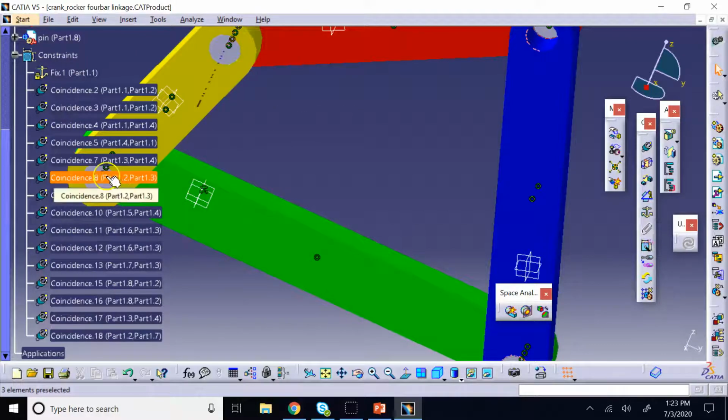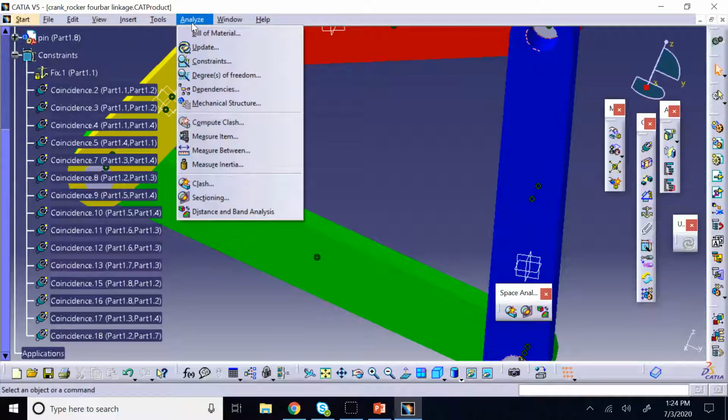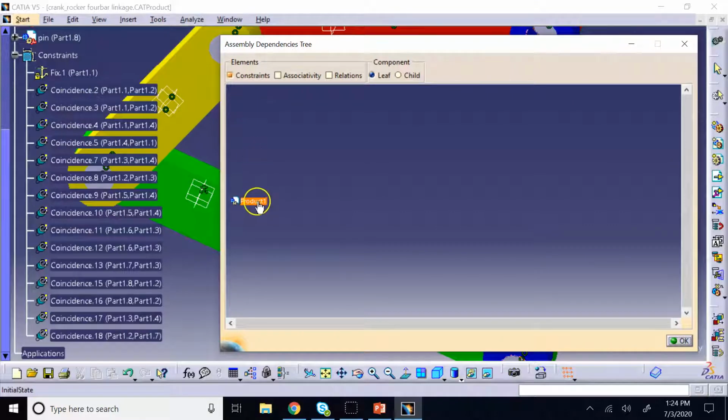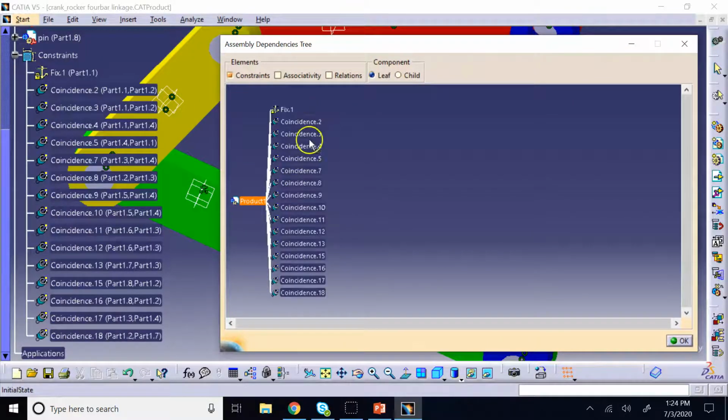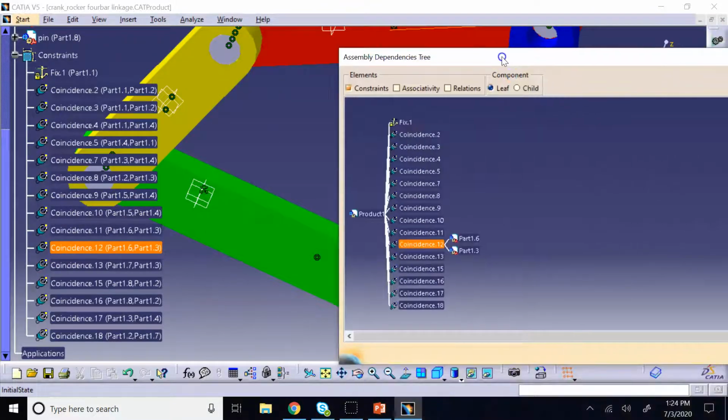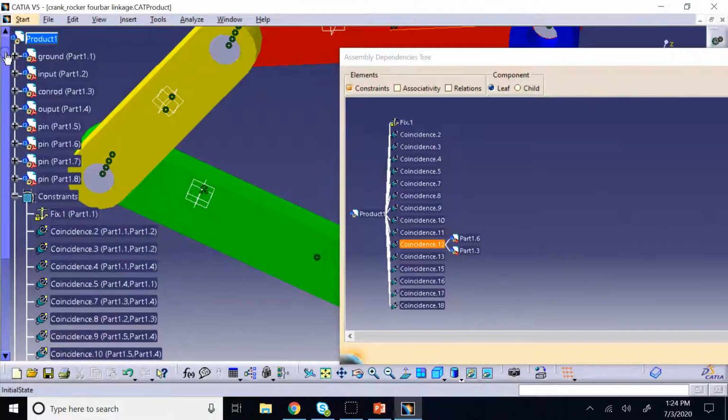And if you see, in front of each constraint, it says the constraint is between which two parts. Another way to realize this, if you go under Analyze, and then go to this guy says Dependencies. If you click on that and then double click on this product, it shows you each one of the constraints, and then when you double click on each one, it shows you it is between which two members. Okay, so you see here, this says between part